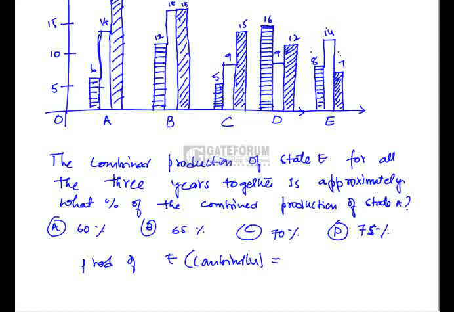8 plus 14 plus 7, that is 29, and it is in 1000 tons, so 29,000 tons. Now similarly, the combined production of A is 66, 30, 20, 41. So the production of A, that is combinedly, is 41, that is 1000 tons. Now we need the percentage. So required percentage is